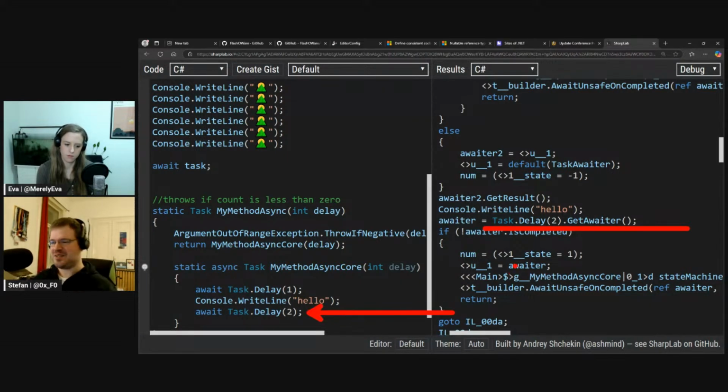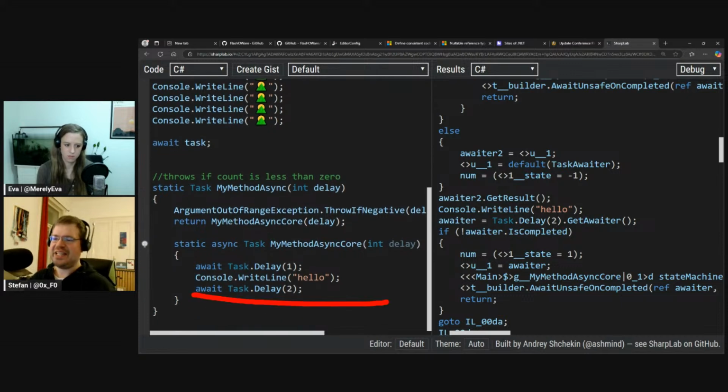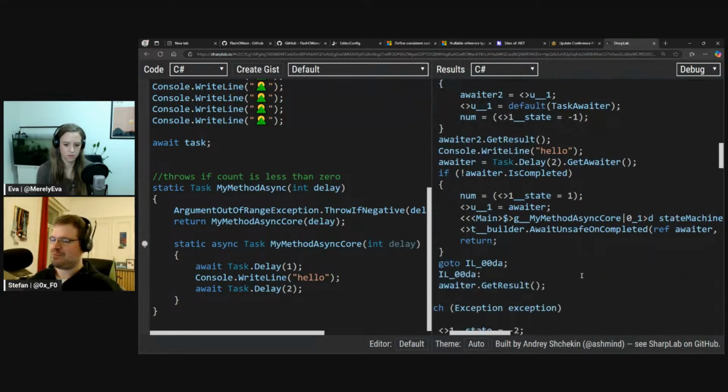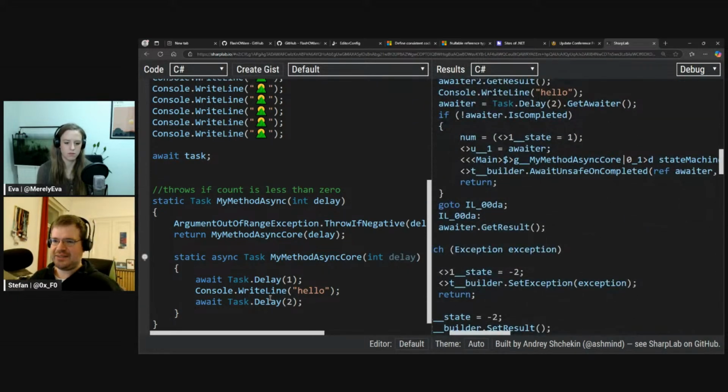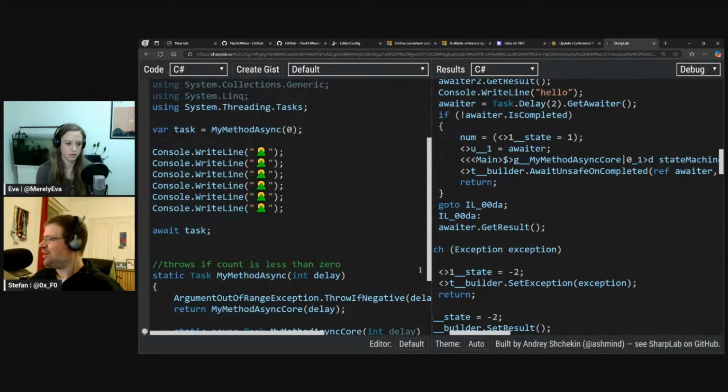And then again, has this completed? If it has completed synchronously, well, this method completes. If it hasn't, then the continuation, which in this case is nothing, will then be put later on. All right. And now I forgot where I'm trying to get to. Oh yeah, deferred execution. So the thing is,